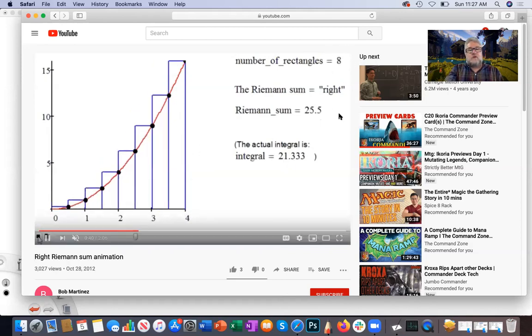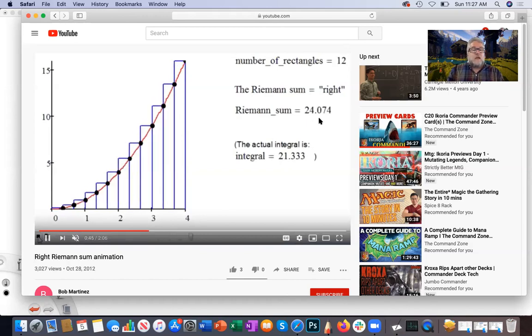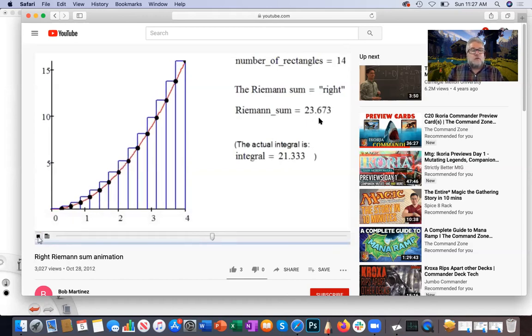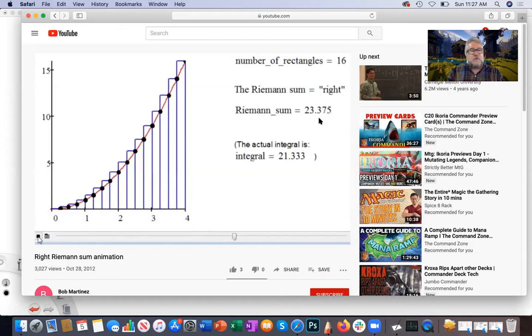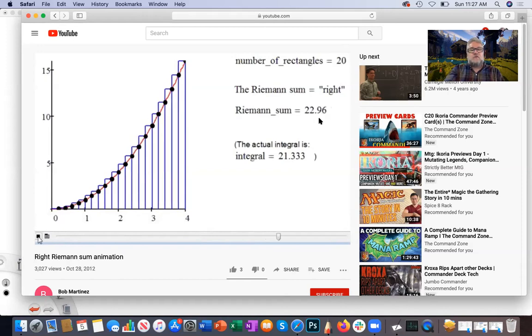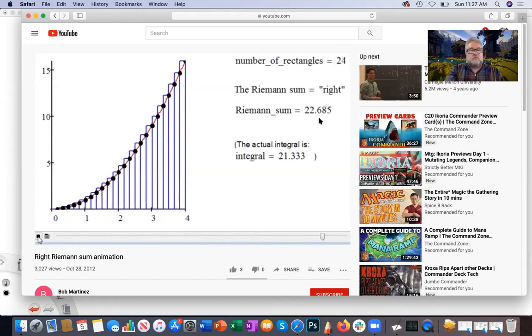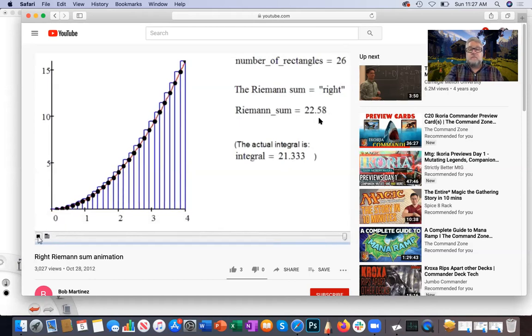So you see the number of rectangles is getting bigger. We're getting closer to 21. And those rectangles are more closely matching the shape of the curve. And if we keep going and going until we hit a billion of them, then we will match it probably really, really accurately. So